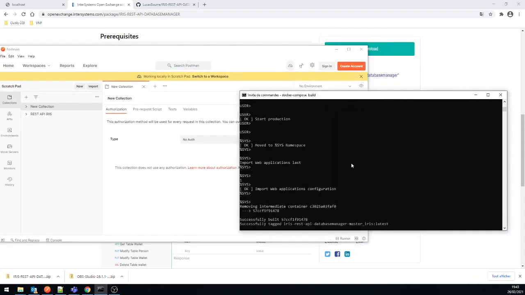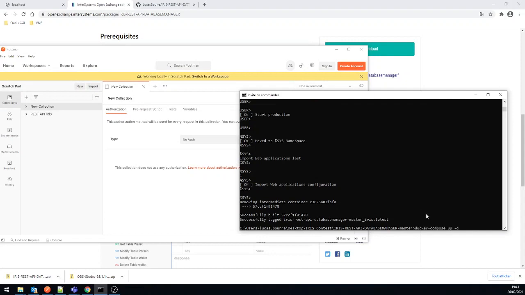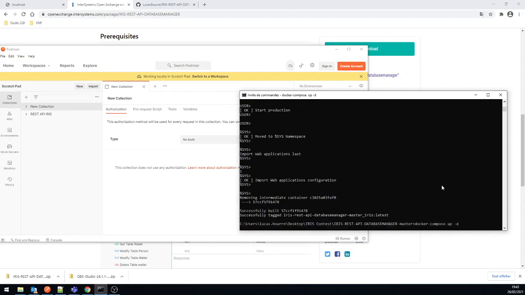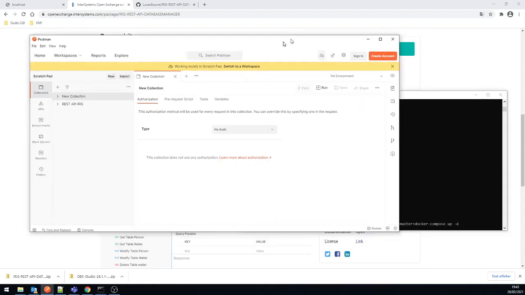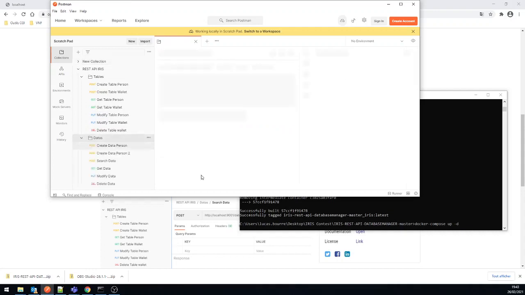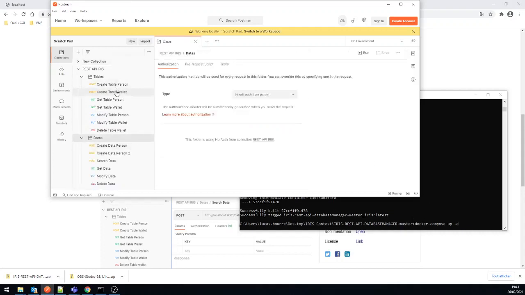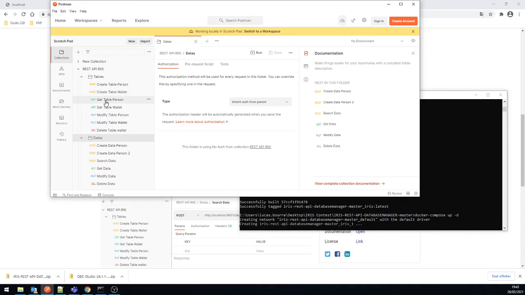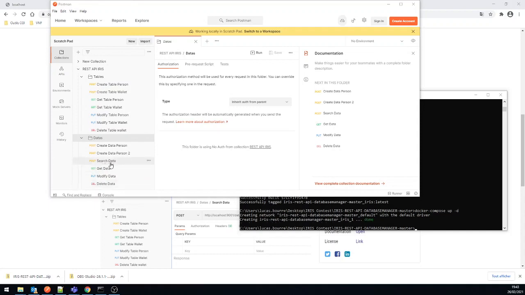Okay, successfully built. Let's Docker Compose up, and I'll show you quickly which methods we are going to use. We have basic create, get, put, and delete methods, and we also have a search method using POST, where you can search data with some criteria.